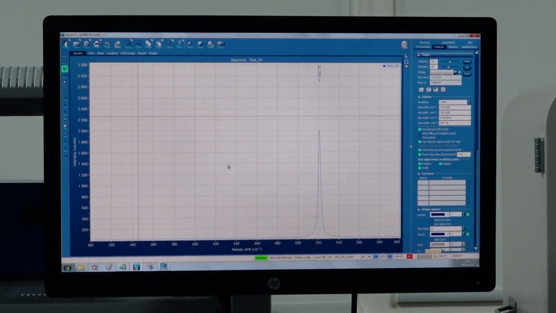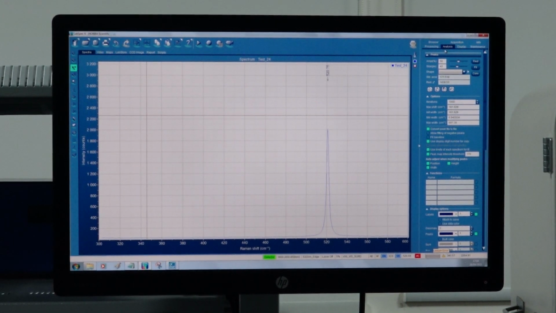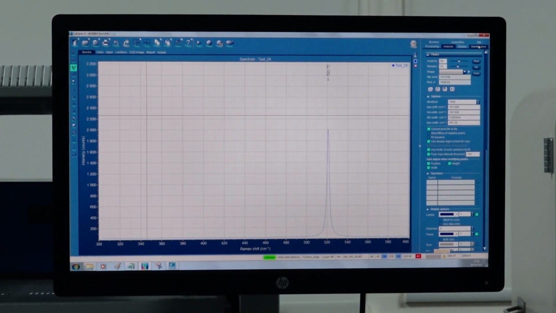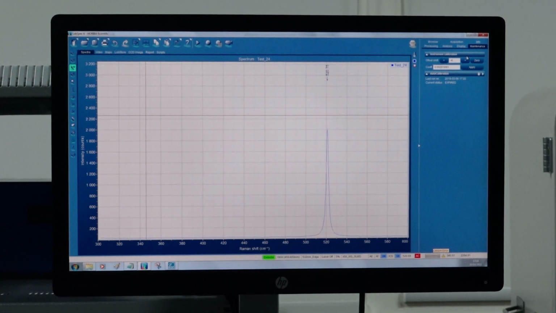So now we move forward to Raman setup calibration, because a good calibration translates to accurate measurement. For the Raman calibration, in the software window, move to the top right corner and we go to the maintenance tab here. In the maintenance tab, you can see instrument calibration. This allows the spectrometer to be manually calibrated to ensure that the recorded peak positions in a spectrum are correct. And I would like to emphasize that here we are using silicon for Raman calibration.